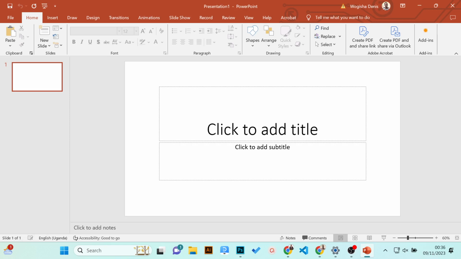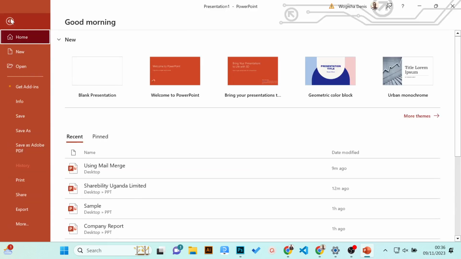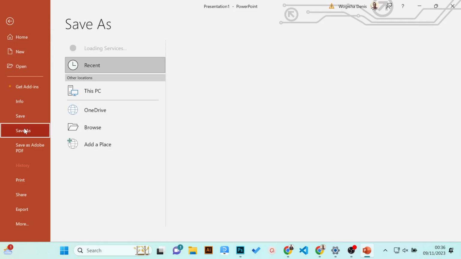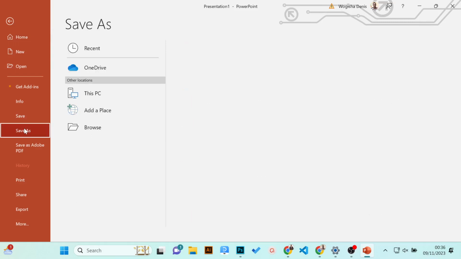Well, to move on, I want us to look through how we save our presentation. Currently, it is Presentation 1 because it is not saved. So to save a presentation, we click the File tab, then there is Save and Save As. We'll use Save to keep changes made to our document, but Save As would help us to keep a document by adding a file name, browsing to a location, and adding lots of other